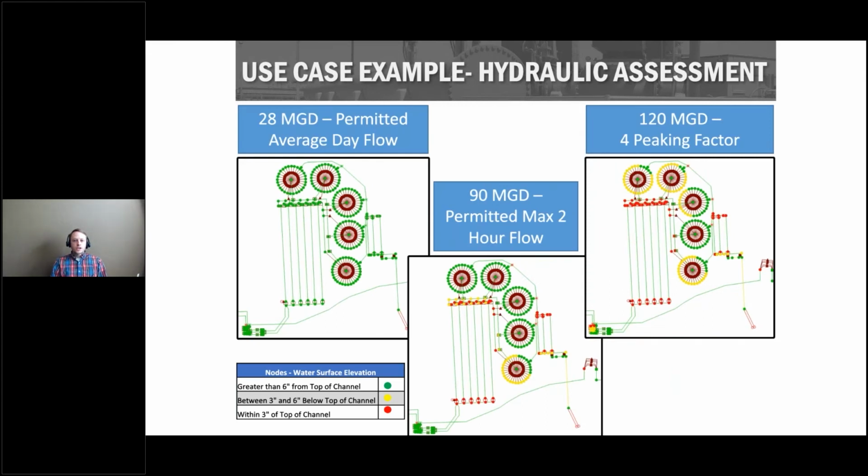This is one of the use cases we have used these models for. It's just a simple hydraulic assessment, not taking into account any process or solids, just hydraulic. How much flow can we push through the plant? For this particular use case, we did an average day flow scenario, peak 2 hour, and a 4 peaking factor,